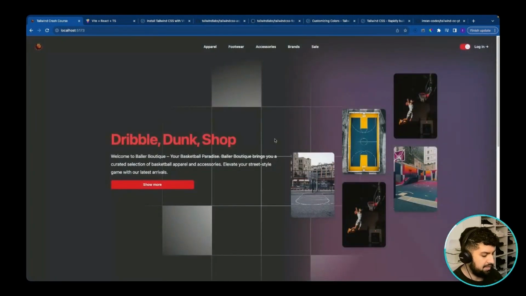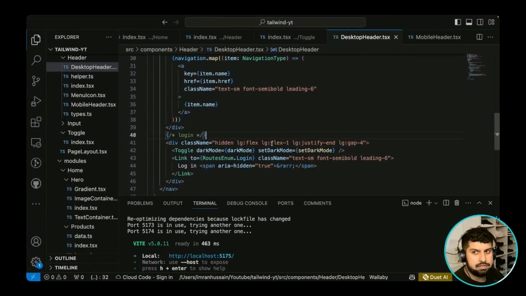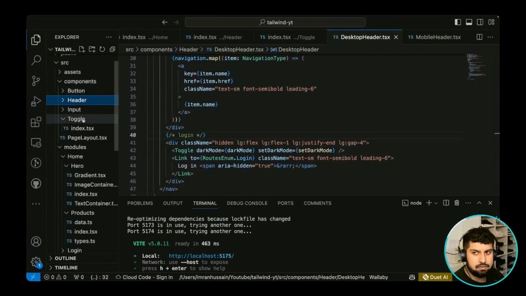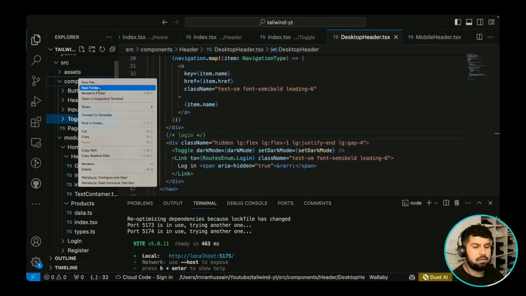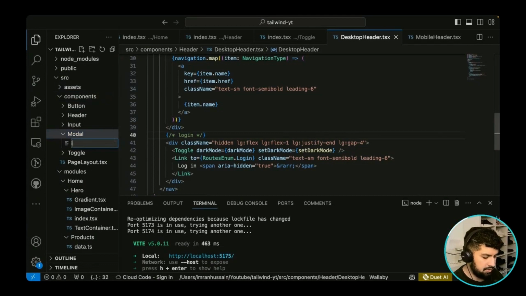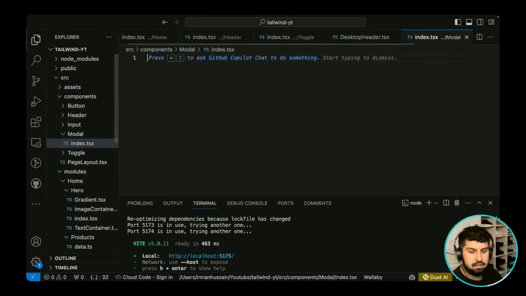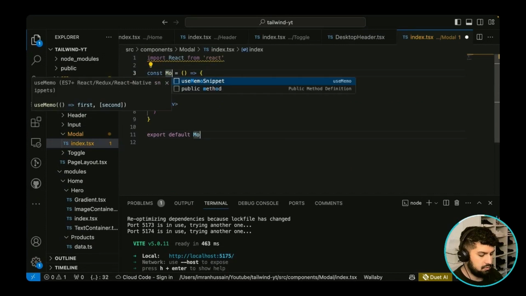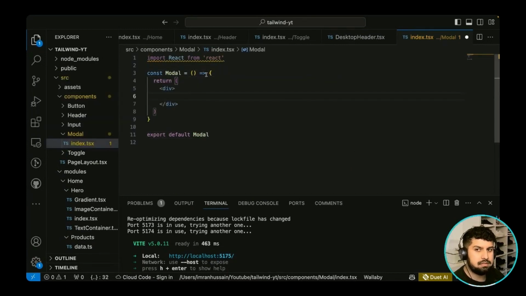So let's implement that. First of all, what I want to do is close everything down, and in components, we want to create a new folder. This will be the modal component. And let's go ahead and create the modal component. So index.tsx. And then we do refce. This will be named modal,